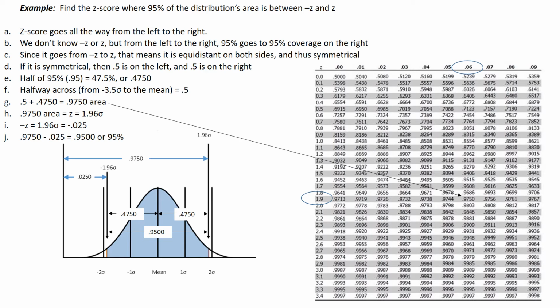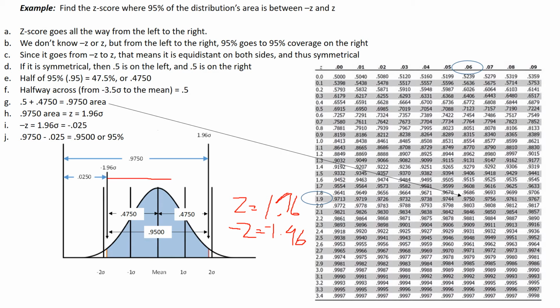And if my z equals 1.96, then my negative z equals negative 1.96. There we go. So from negative 1.96 to 1.96